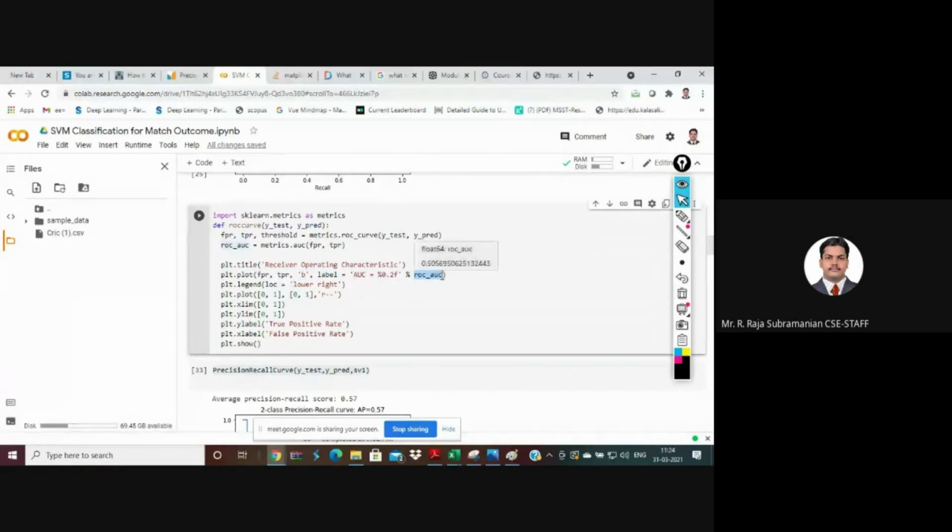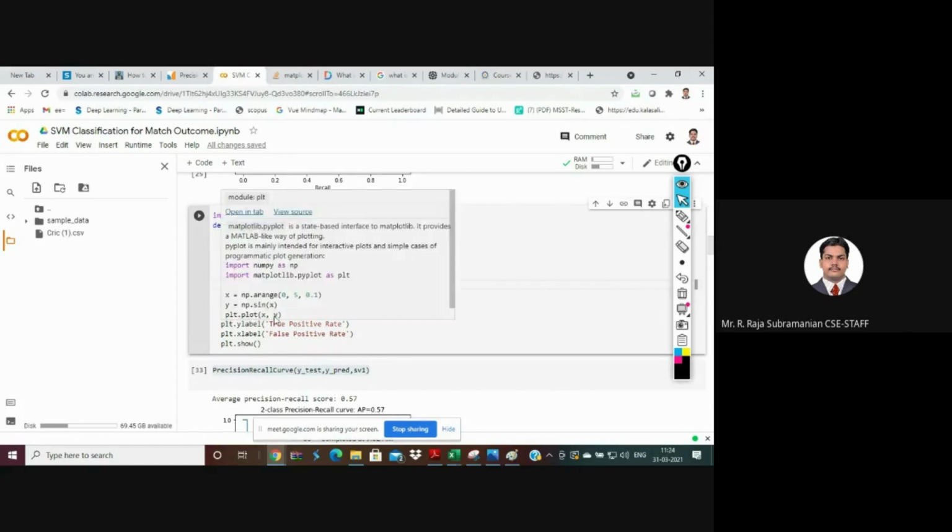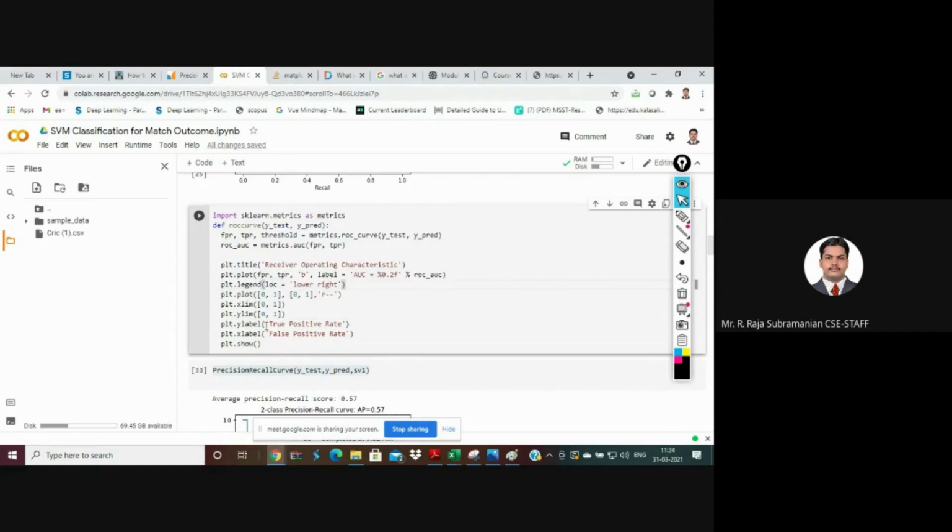What is the result of the area under curve, I also give, right? Then I also give this particular label, which will be present in the lower right in the legend, and I fix the x limit as 0 to 1, y limit as 0 to 1, and x label as false positive rate, y label as true positive rate. If you come and see here,